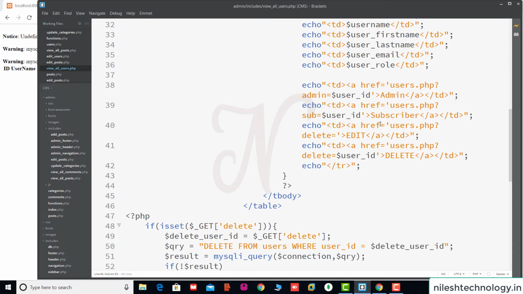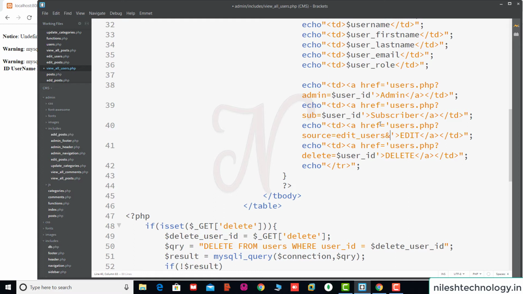So which code? So see here a href equal to users.php. So here we pass the source name. So source is equal to edit users, then question mark, sorry, this is the second variable.